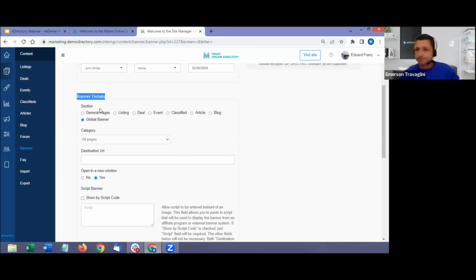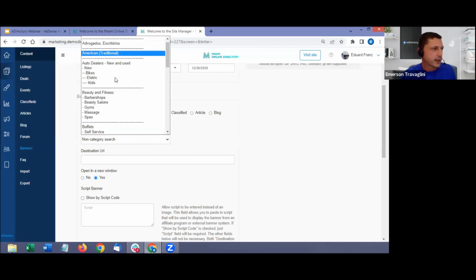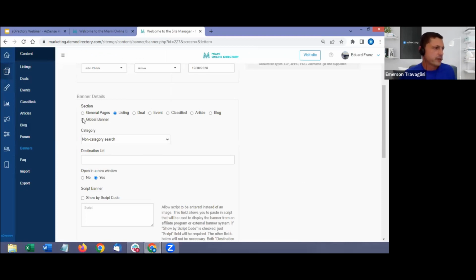So if it's on any pages or just for listing related pages, and even if it's for a listing related page, for example, you can select which category. So you can have very specific banner ads niched for one category or another, or even make it global.